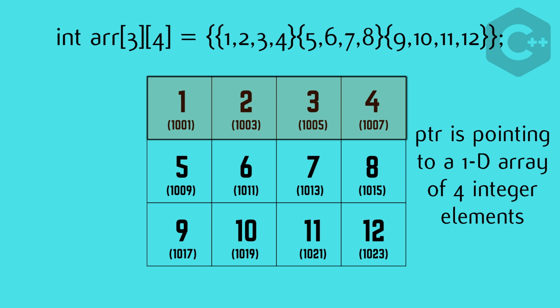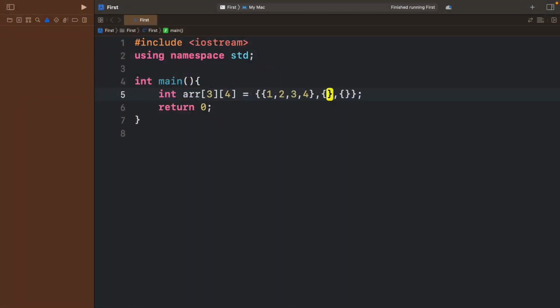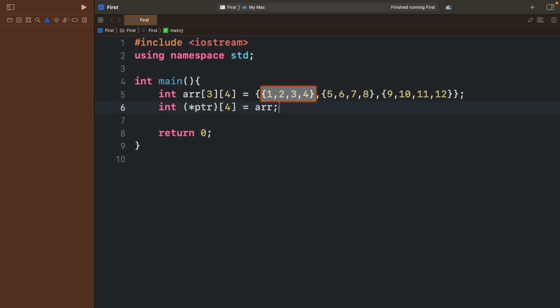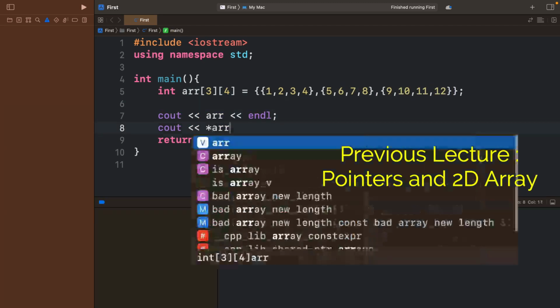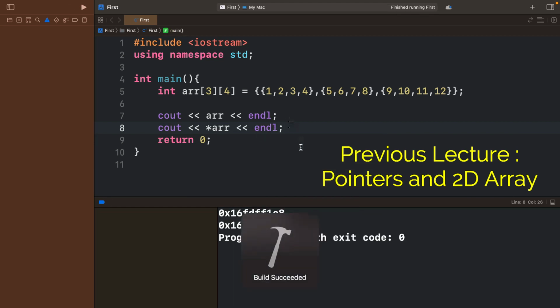Let's practically see this. I will declare the array with these values. Now I will say int (*ptr)[4] = arr. This means ptr is pointing to a 1D array of 4 integer elements, and on increment ptr will traverse vertically like this. The way we saw in the previous lecture that arr and *arr was giving the same result,